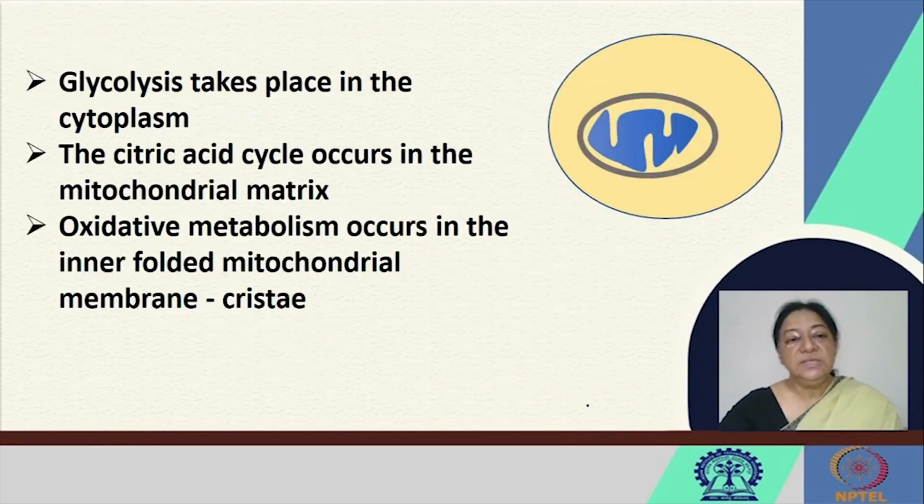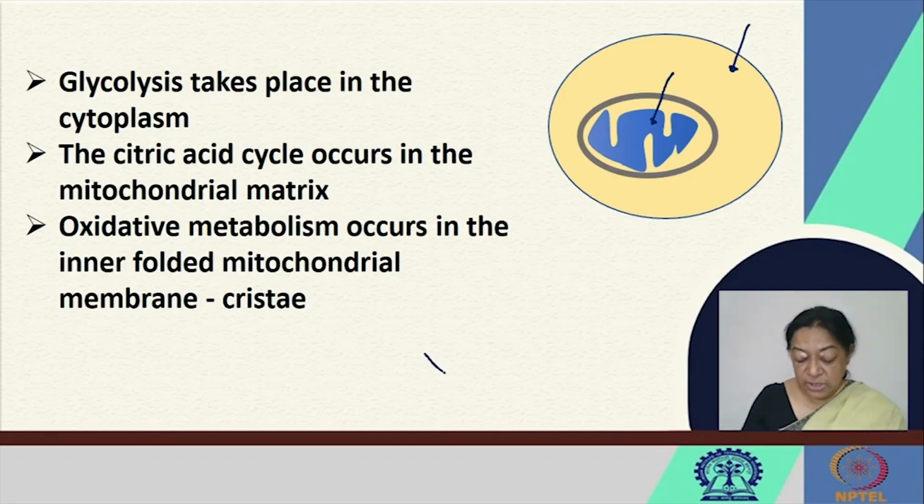So if we consider this as the overall cell, glycolysis takes place in the cytoplasm, the citric acid cycle occurs in the mitochondrial matrix, and oxidative metabolism occurs in the inner folded mitochondrial membrane